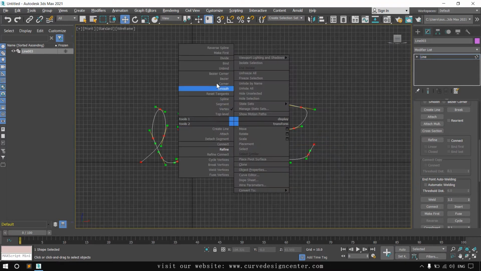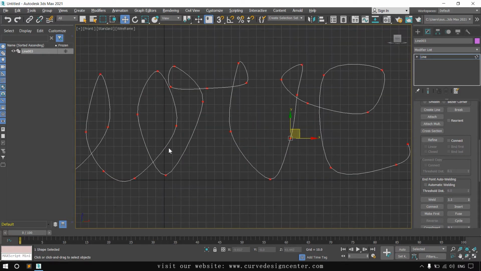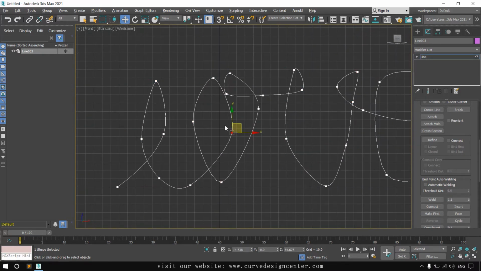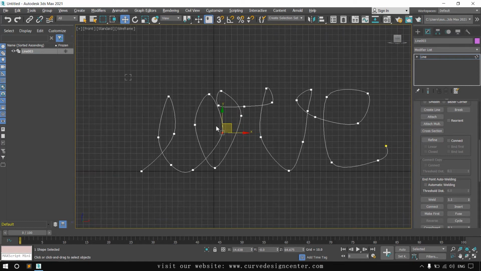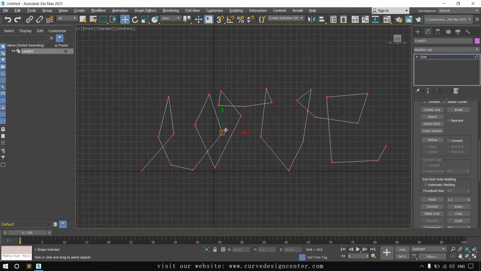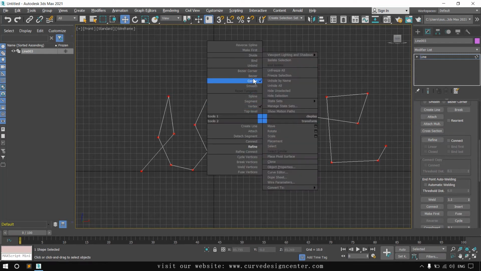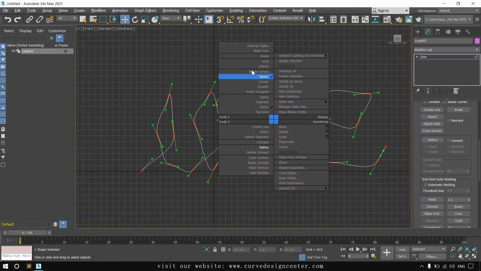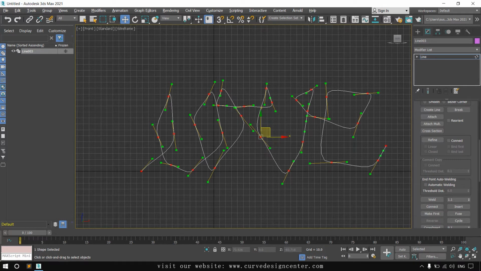And the other option for smoothing is smooth. If you choose smooth, the line is smooth, but tangents are not visible. You can apply corner if you want a linear line like this, or Bezier and Bezier corner like this.